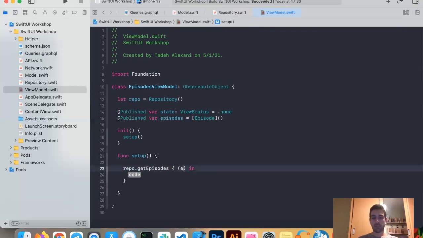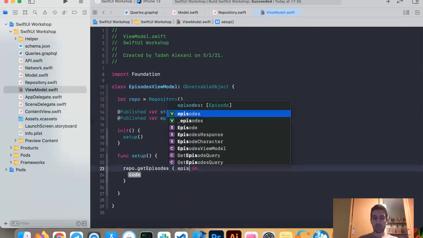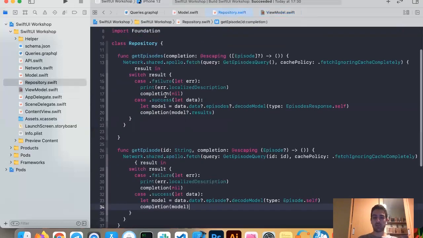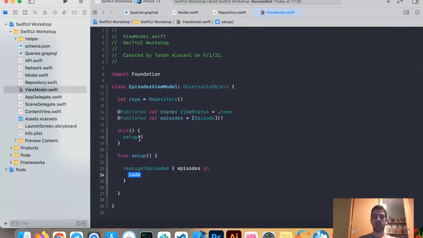In the completion, we will have an episodes return. As we have discussed here, we will just use completion nil here. So we have to unwrap the episodes here to avoid any crash of the application when an error comes from the server. So just use guard let episodes